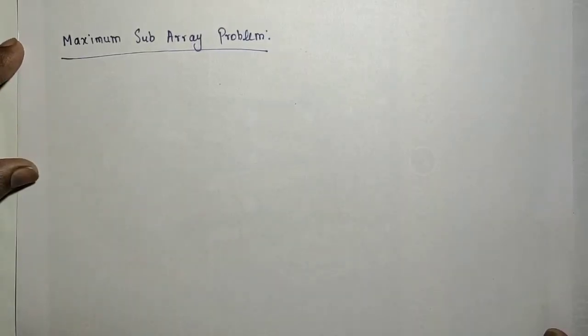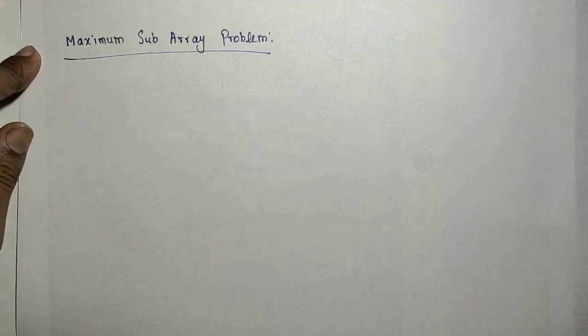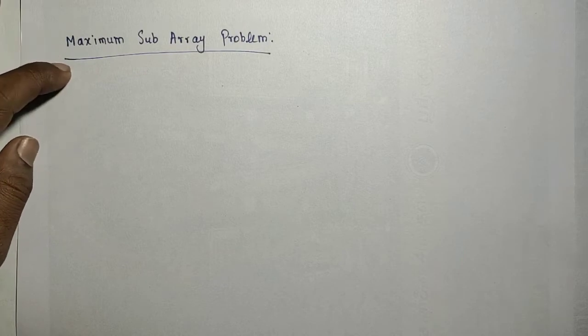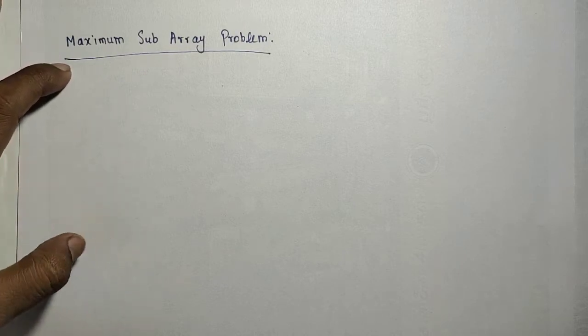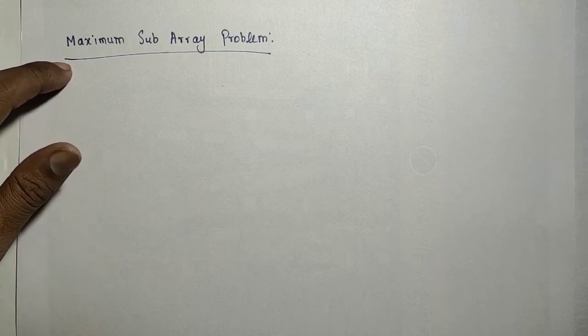The next we will discuss one more algorithm, for the maximum subarray. First you understand what the problem is and what algorithms we are going to discuss for the maximum subarray. In explaining this problem, we will cover one algorithm design technique called divide and conquer, and how it is applied for solving problems.